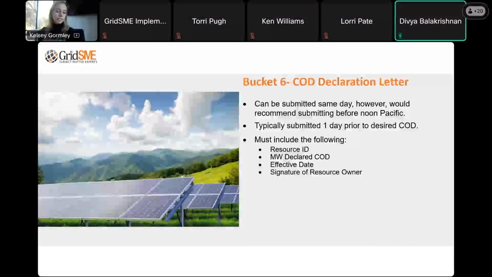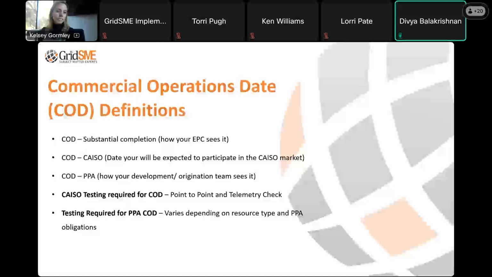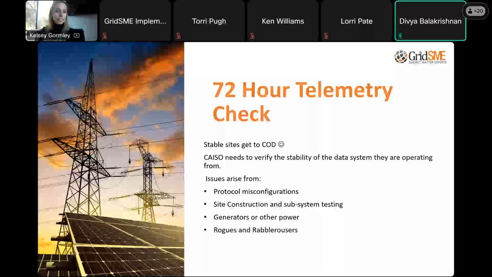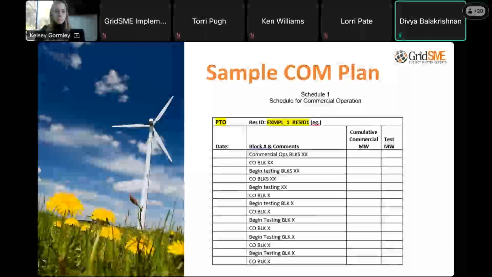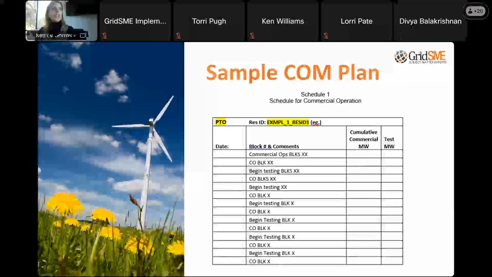Yeah, thank you. And then just to go back to the difference between the COM and the COD. Are there different versions of the IA, or does the IA need to be amended if you're going with the COM? No, so you have the option to exercise this option of COM.